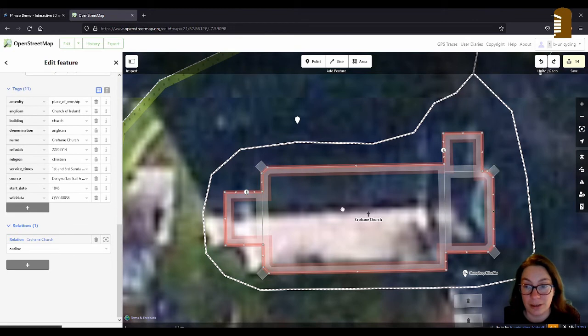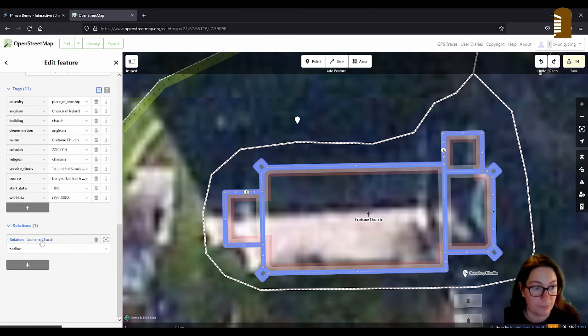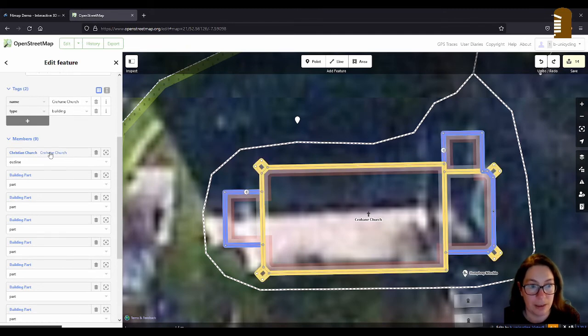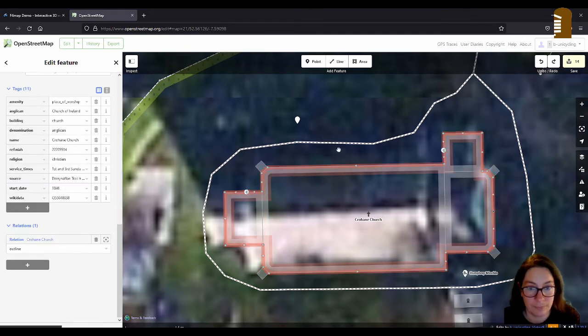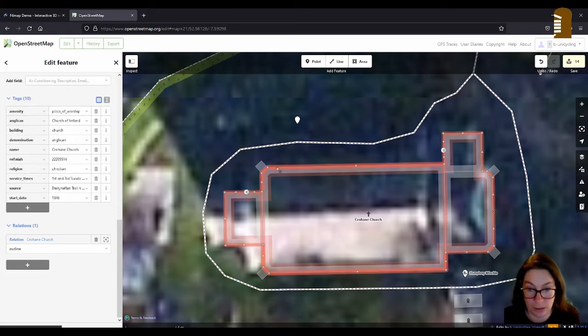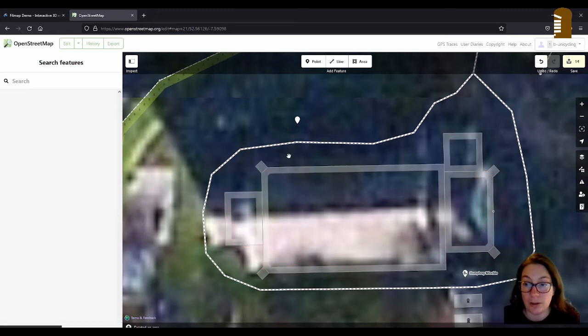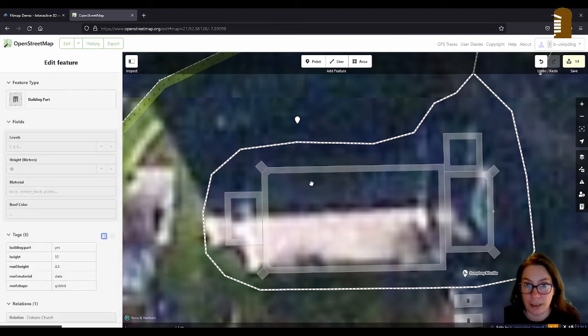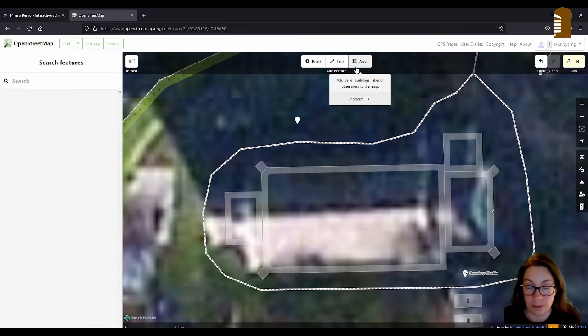Rather than just deleting it from the relation and not being able to get to it again, I'll just, in the relation, click on the outline, and you have to make sure it's all on your screen, and then hit the delete button, and that says this feature cannot be deleted because it has a Wikidata tag. Don't be so fussy. So now all the pink stuff is gone. And all the information we had on the 2D building is also gone, unless you've saved it somewhere else.